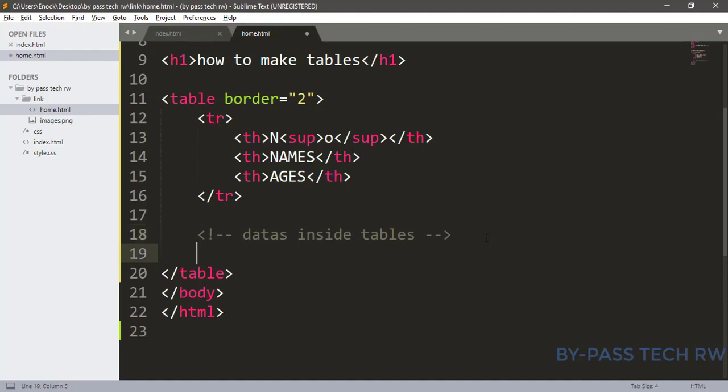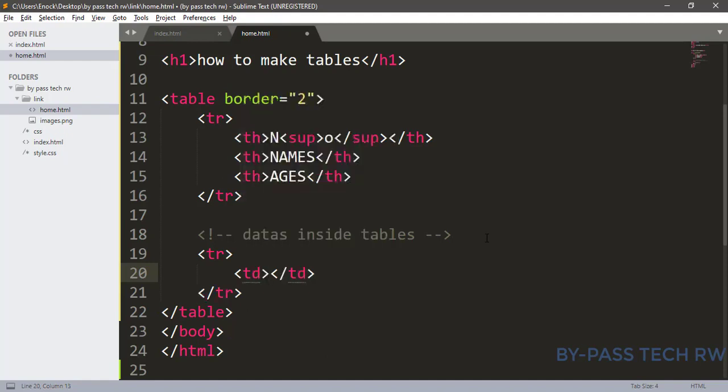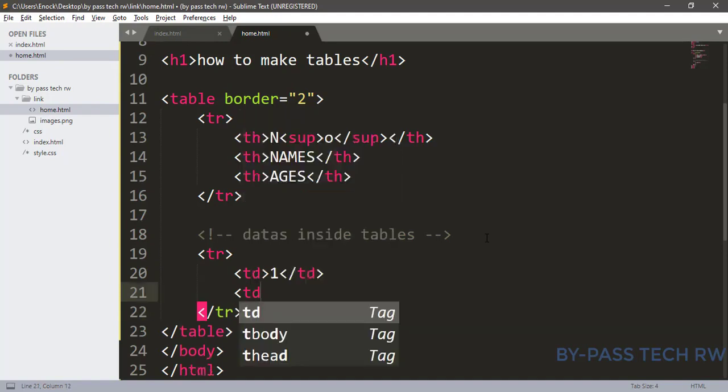Let us say this table row, then insert the data as table data. First we say number 1, then table data as names. Let us say